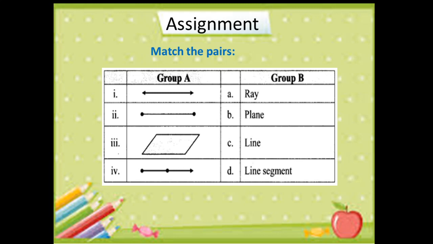Third one, it's a plane surface, hence it is called a plane. Fourth, now this is a figure which has an origin on one side and the arrowhead on the other side. So it's a ray. So you'll draw the diagram, put an arrow mark, write the answer. What is it? Second one, draw the diagram, put an arrow mark, write the answer. Similarly, you'll complete all the 4 questions.